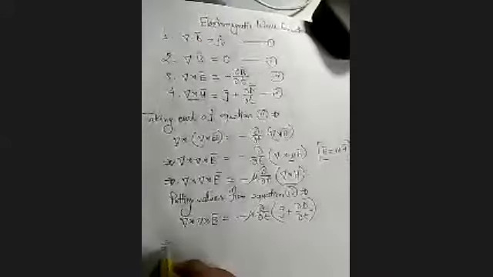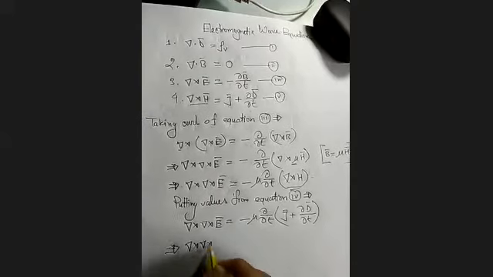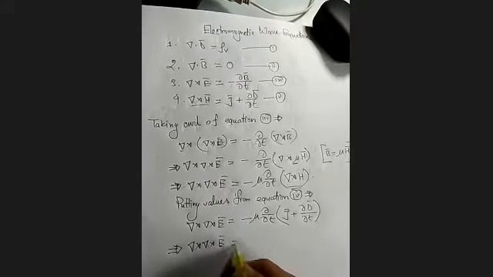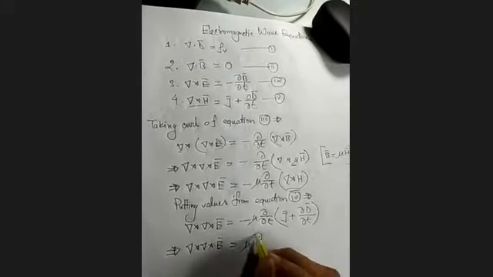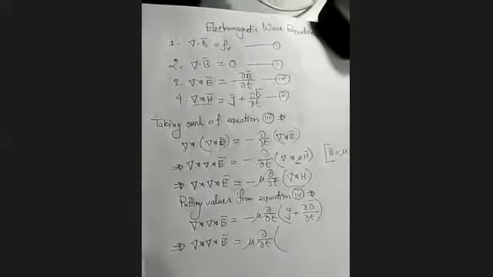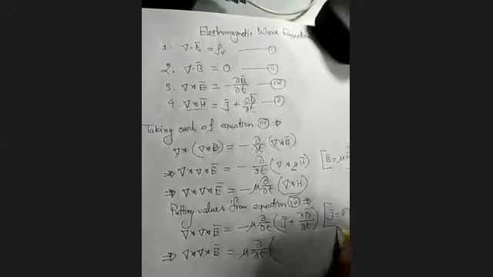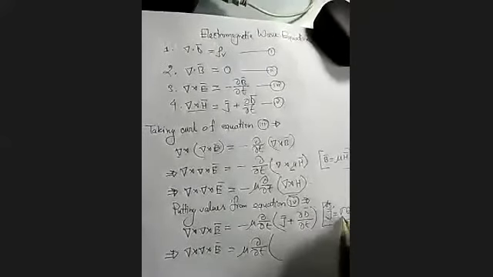Okay, thank you. Now for the right side we can write del cross E is the same. For the right side it is mu del by del t. Now J means current density, and there is another term where I can write, in the right side, J can be replaced by sigma E. This is another part. As we can write as a short note, J is equal to sigma E.